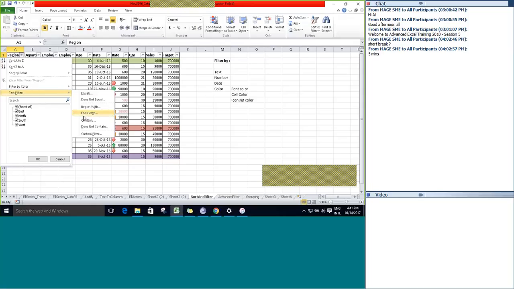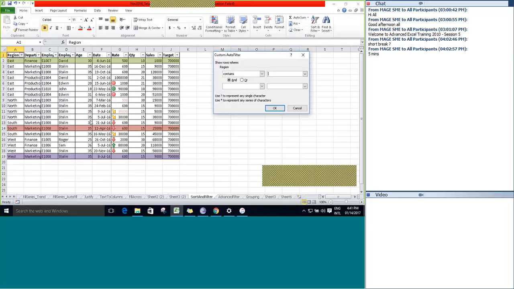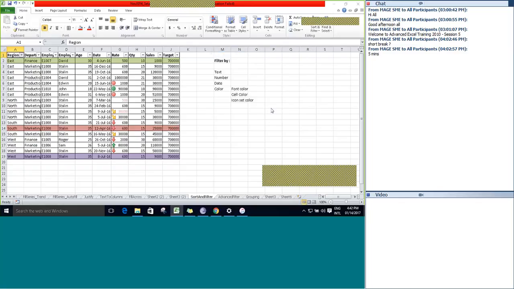So these are all the commands available under a text filter. You can play around with whatever filter of your choice. Say for example, I want to filter cells that contain a value, OR. Click OK.